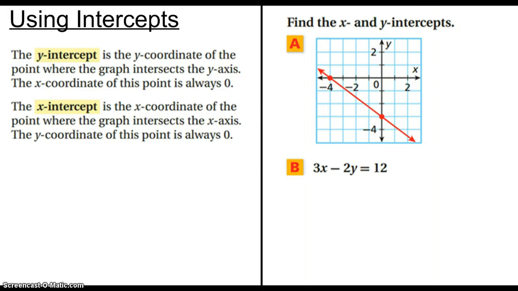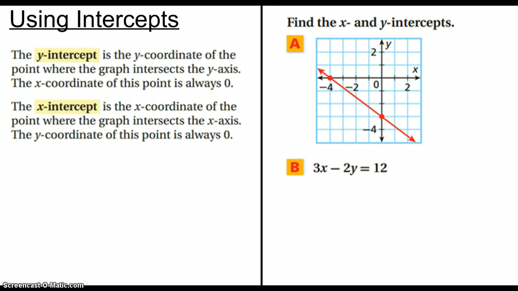Lesson using intercepts. And there are two types of intercepts that we'll be talking about. There is the y-intercept and the x-intercept. And two very simple concepts. Basically what an intercept means is the point in which a graph will cross that specific line. So for instance, the y-intercept is where a graph will cross the y-axis, and the x-intercept is where a graph